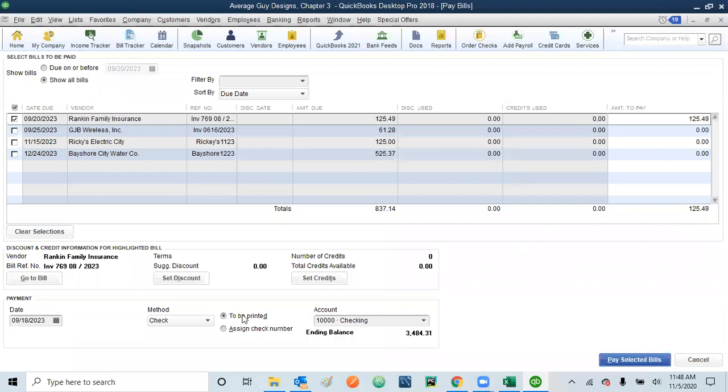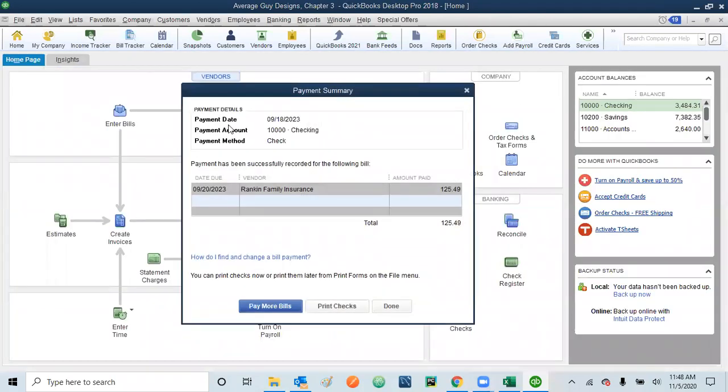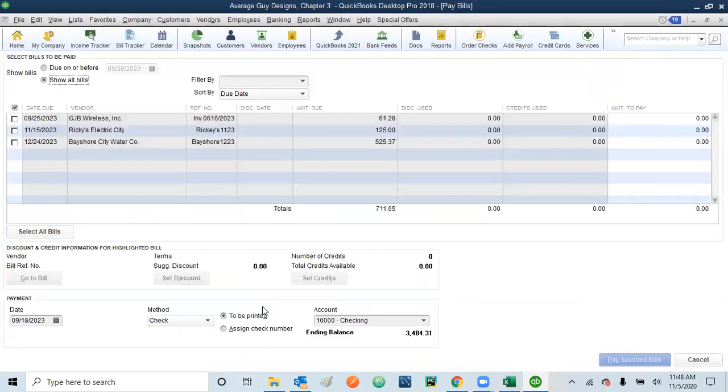So, to be printed, and then we have the checking account, as we'll be issuing the check from the checking account, and then just select pay selected bill. Once you do it, it asks whether you want to pay more bills or print the checks. In this exercise, we are saying pay more bills, so select pay more bills. Right now, we have selected one bill, the insurance bill, to be paid